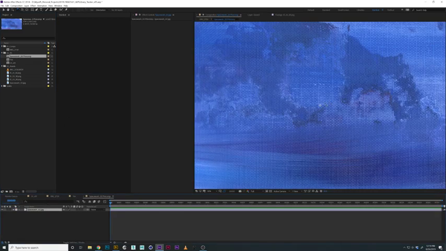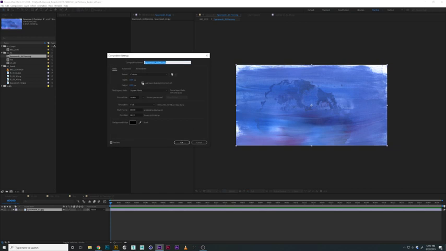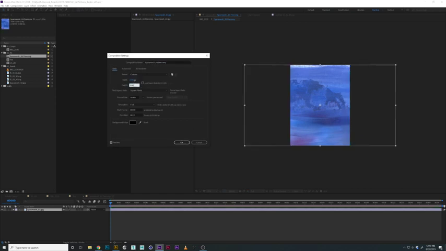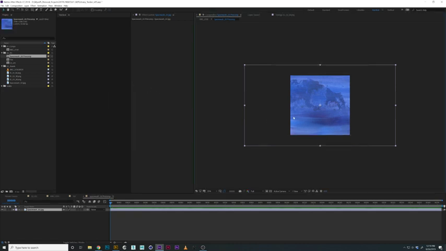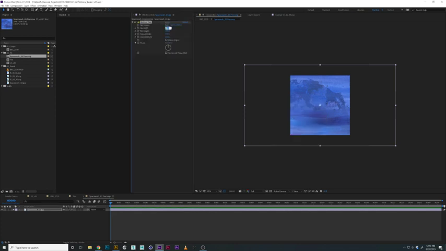Sometimes what I like to do is, well, it's really big. It's like 5,000 by, let's make that a normal size. Let's do 2048 by 2048. And then let's do a motion tile. And here we can dial this in to be much smaller. At least we can see that white